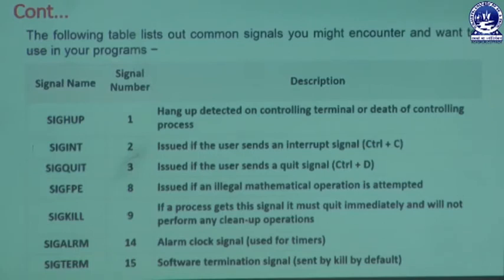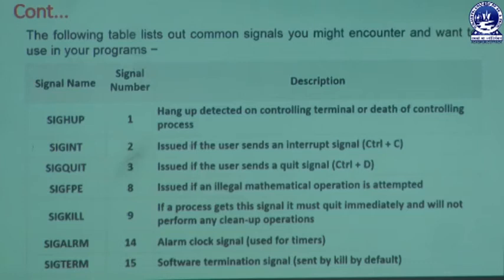Here we have a signal name, SIGHUP. SIGHUP is signal number 1. It is used for a hangup detected on the controlling terminal, or death of the controlling process. Whenever this kind of event is processed, the SIGHUP signal is required. That means if a system is in a death mode, that is, behaving abnormally, and we need system controlling activity, we must take up the SIGHUP signal, whose priority is 1.